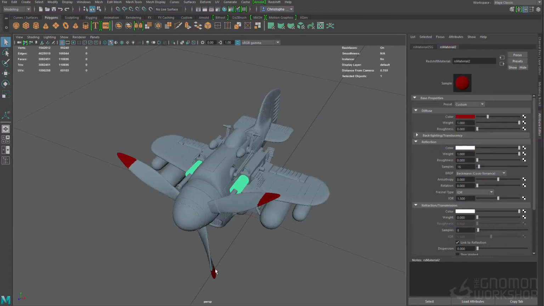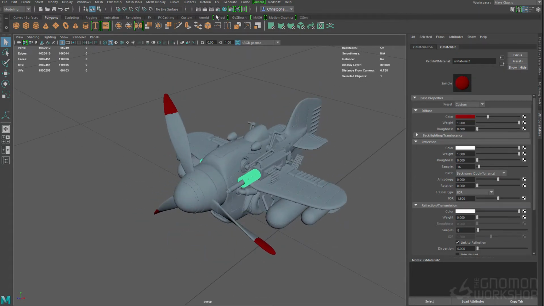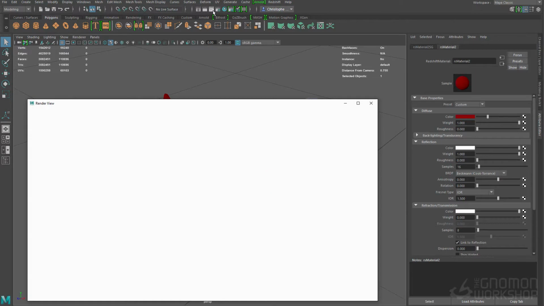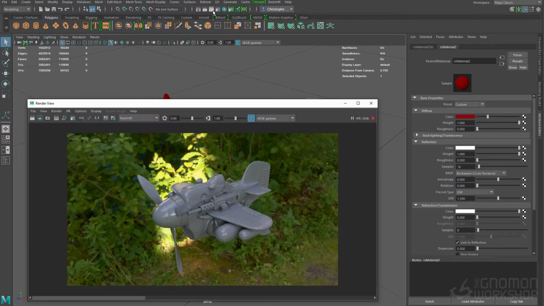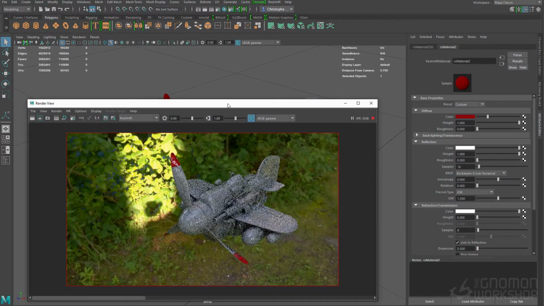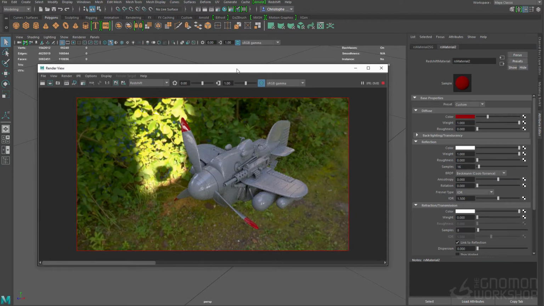So the idea will just be to help me visualize the propeller turning. Let's go back into the IPR. That's fairly okay. So we know the propellers are turning, right? They should be updating. I just moved my frame. Yep, they do. Perfect. Now we will be going into my render settings,